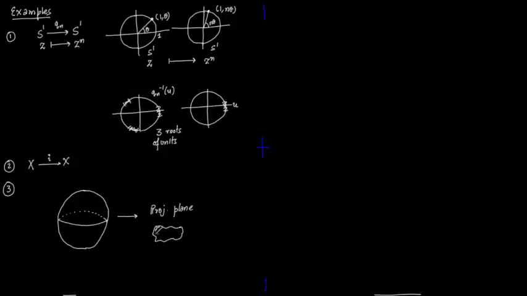So say you take a small neighborhood around some point W. So its inverse image is 2 small neighborhoods on the sphere. So one neighborhood I'm drawing in green. So the point X here, this will get mapped to W, and then we have an antipodal neighborhood around point minus X, and this minus X will also get mapped to W.